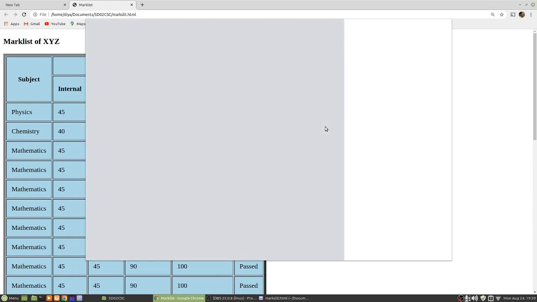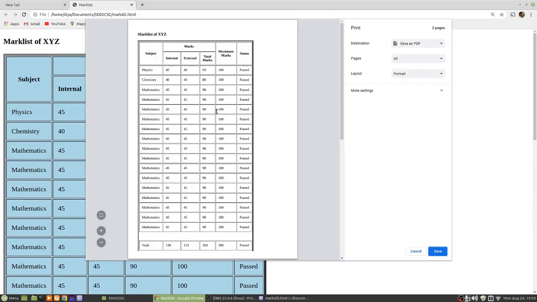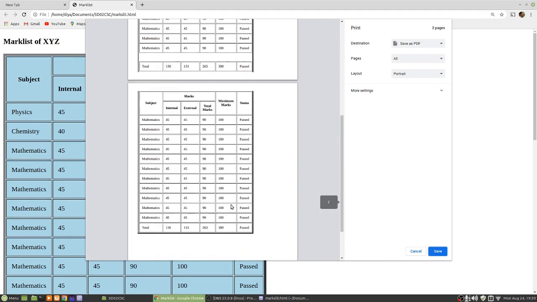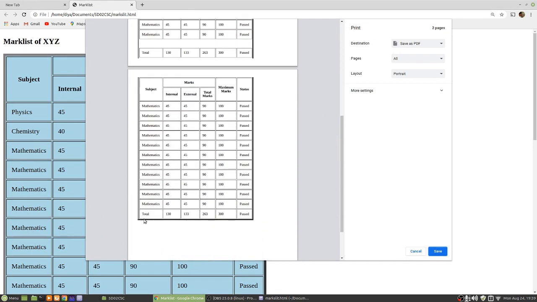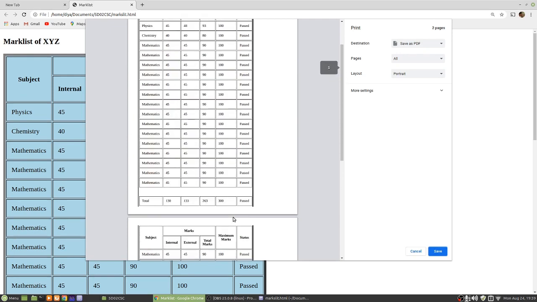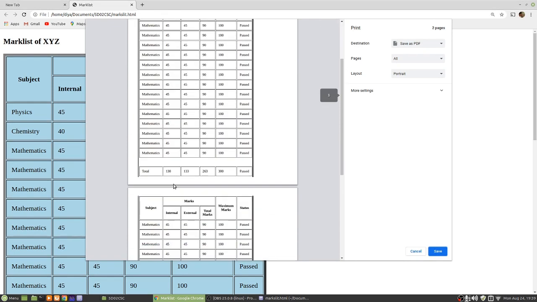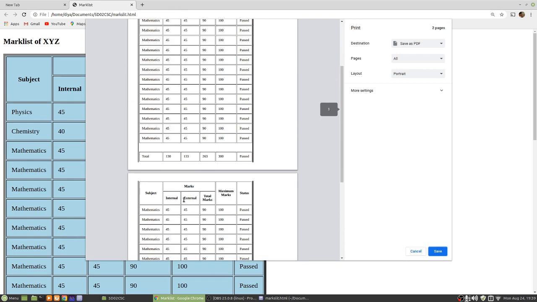So if I try to print this, you can see that the heading subject appears in the first page, footer at the bottom page, and when we go to the next page, subject is appearing again and the footer is appearing again. So this way, if you want the heading and footer to be repeated in each page, when you print the table, then you have to group the contents of the table into thead, tbody and tfoot. If you don't want that, you don't have to use that at all. Just use the table, tr, th and td tags only.